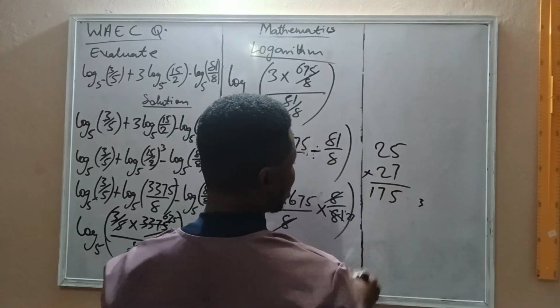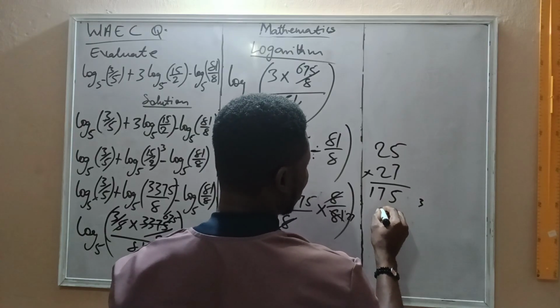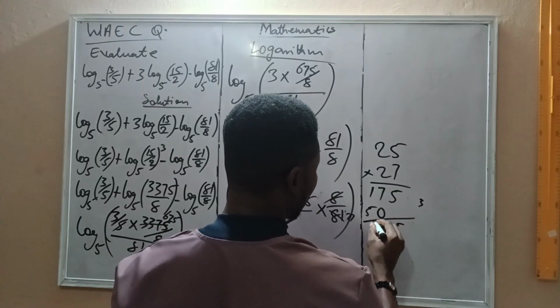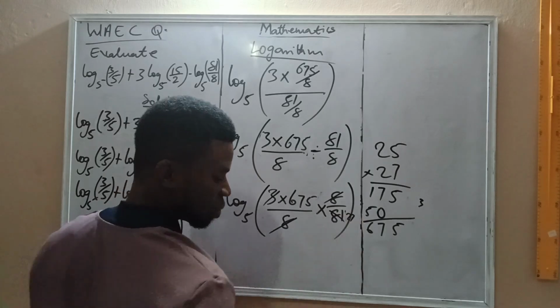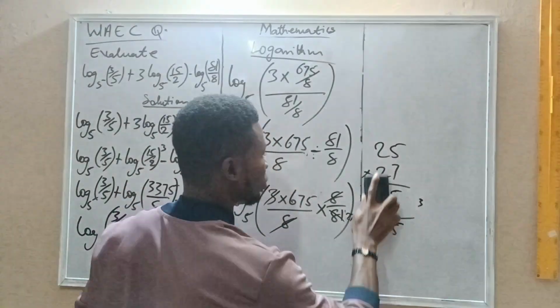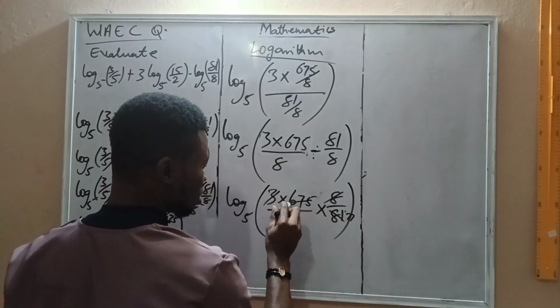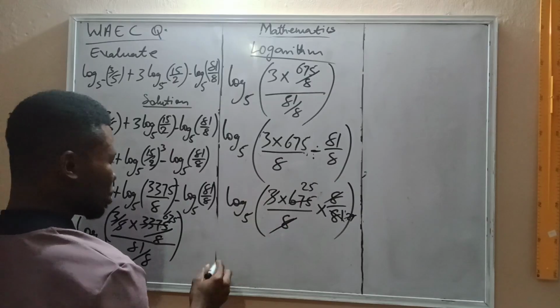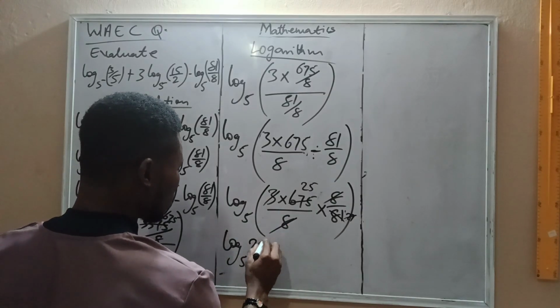Write the 17. Now 2 times 5 is 10. Write 0. 2 times 2 is 4, plus 1, 5. And this is 675. You see, that means when 27 cancels this one, we have 25. So the whole of this now is equal to log to the base 5 of 25,